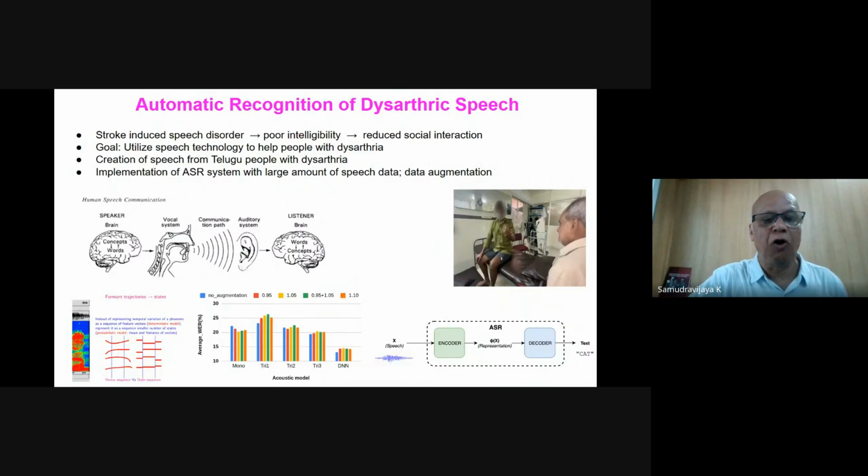And we also found that the lowest word error rate of around 14% was obtained when we used speech data from 300 healthy speakers and about 300 dysarthric speakers. And also we used DNN, that's the deep neural network, with 3-4 layers. Of course, we are in the process of using current deep neural networks, meaning temporal models, recurrent neural networks, encoder-decoder models. These are all the things that we plan to pursue in the near future.